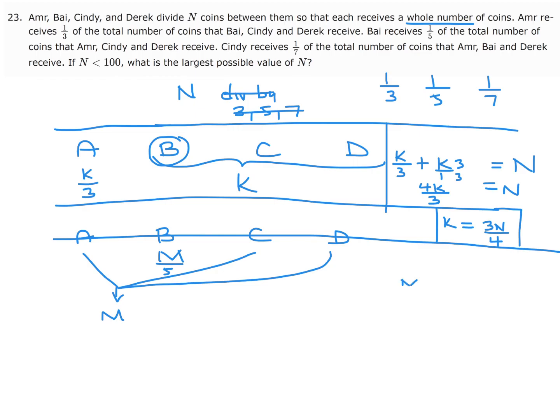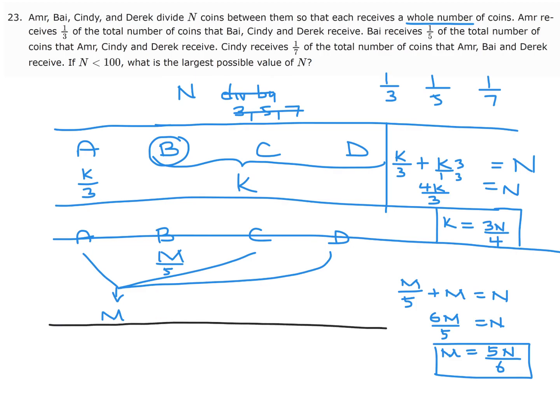So therefore M over 5 plus M is also equivalent to N. So that's 6M over 5 is N, and therefore M is equal to 5N over 6. All right, so we're making some good progress here. And let's see if I can keep this all on the same screen. I think I can. So the next one, the last sentence that they gave me, is that, let's see here,